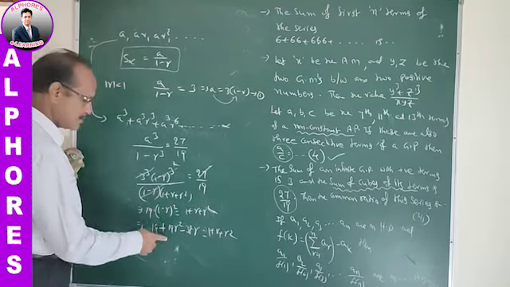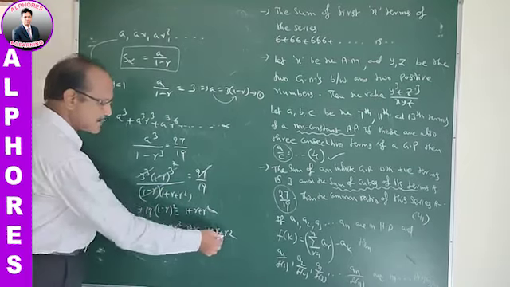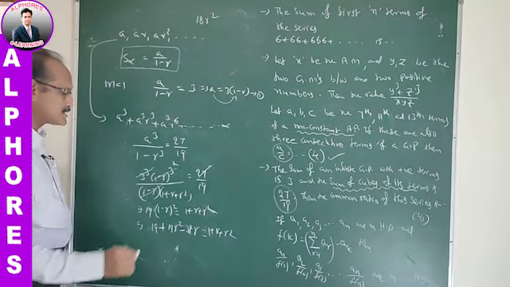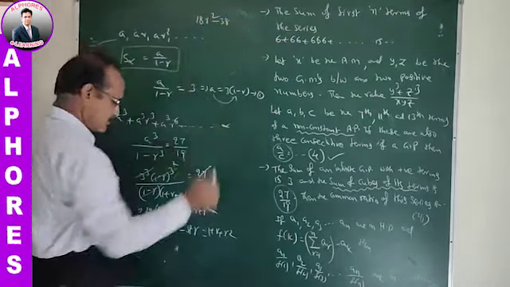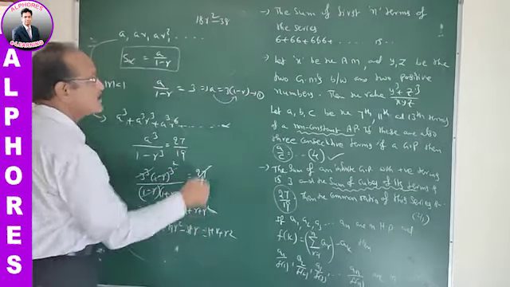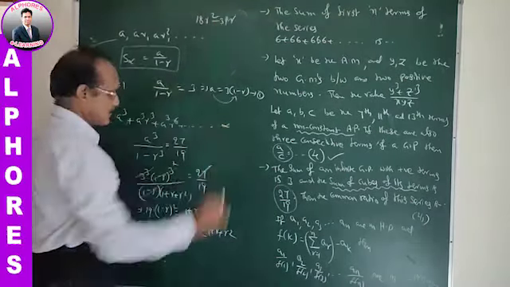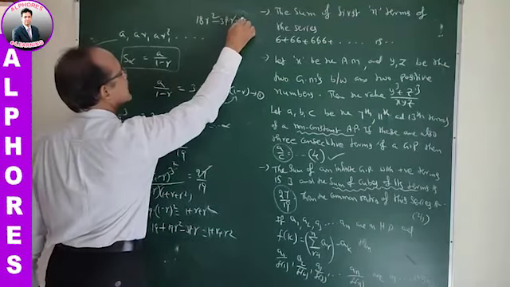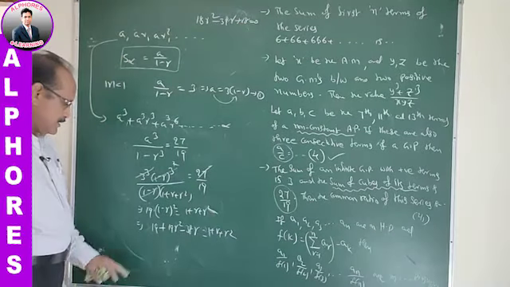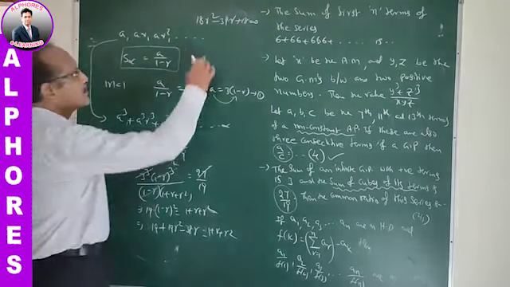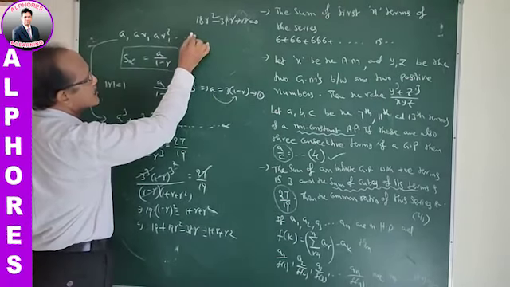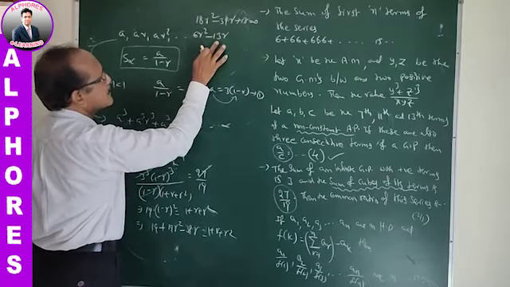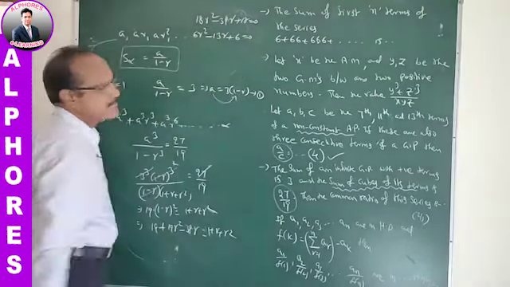So make it as a quadratic equation in R. 19R square minus R square, that is 18R square. Next, the R terms: minus 38R, of course minus 38 minus 1, that is minus 39R. And the constant term is 18. That is 18R square minus 39R plus 18 equal to 0. Now cancel the common multiple, that is multiples of 3, so this is 6R square minus 13R plus 6 equal to 0.